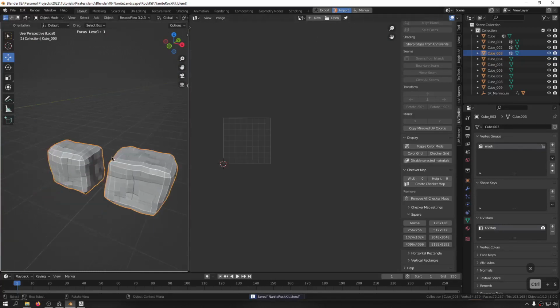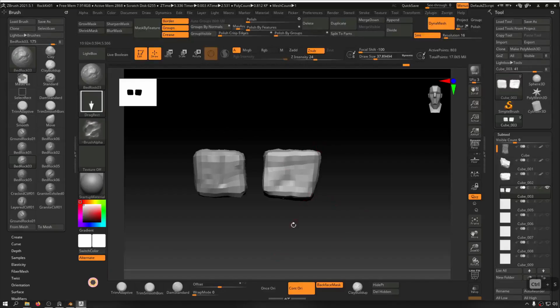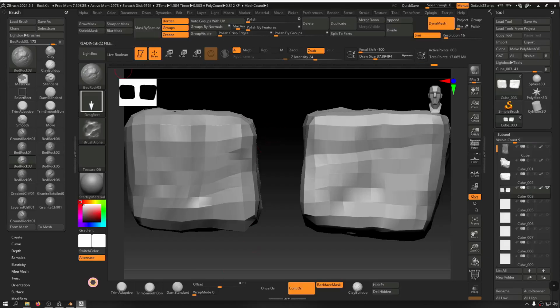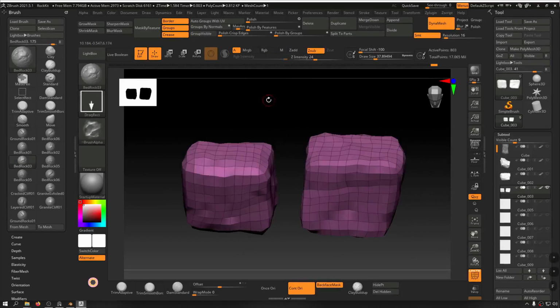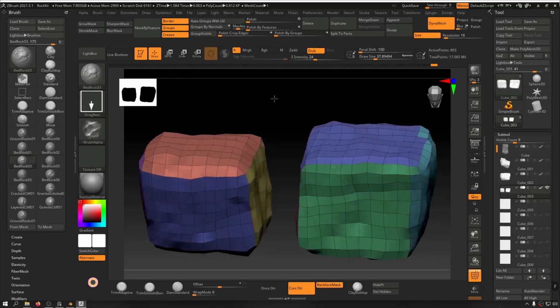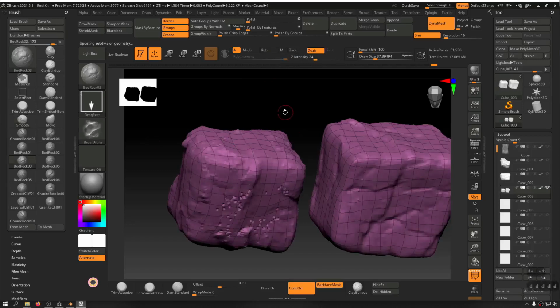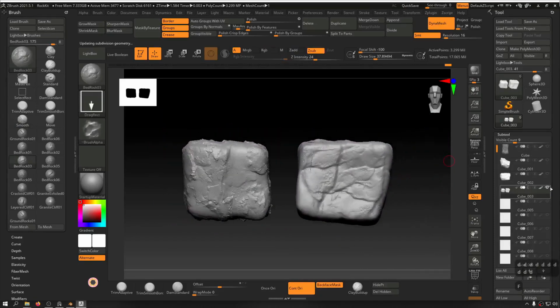So let's remove this, and I'm going to export this to ZBrush. So let's hit Blender, save, and save the ZBrush file as well. And now hit export. Okay, when you hit export, now it's reading the GoZ file, and done. Let's hit Shift F to go to wireframe mode and hit auto group with UV. Okay, this is the UV creation that we did. You can hit Control and Z to go a step back, but I'm going to hit D and go to the highest subdivision level. Okay, I believe we have come to the end of this session,